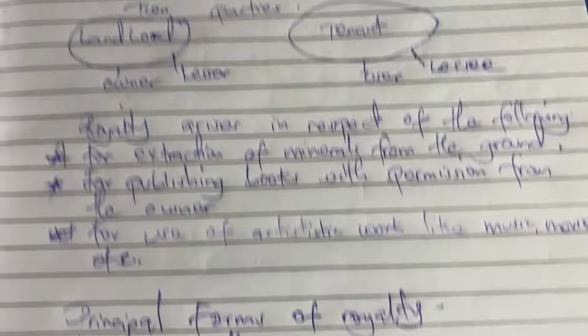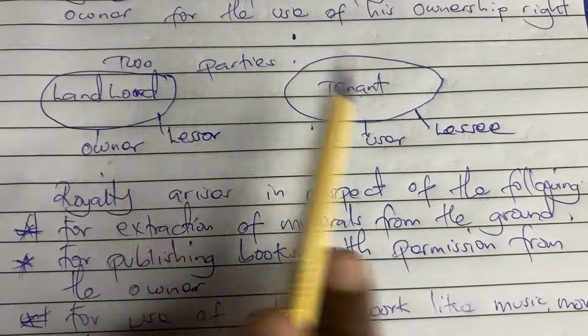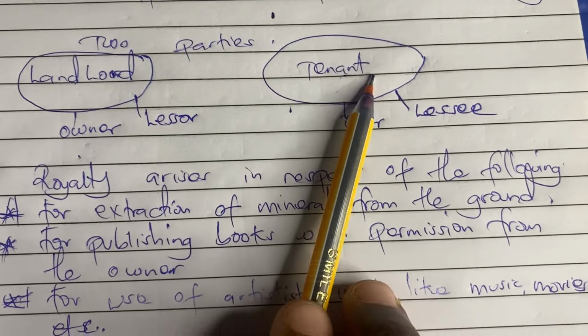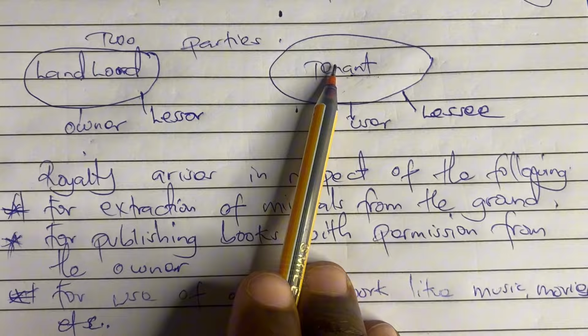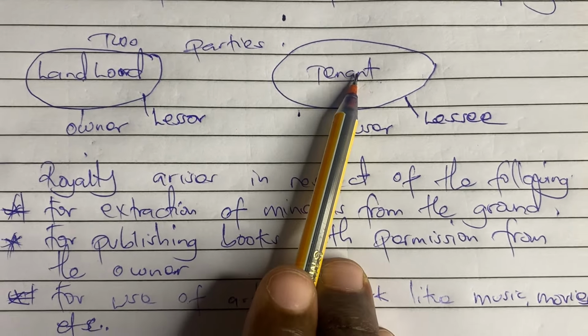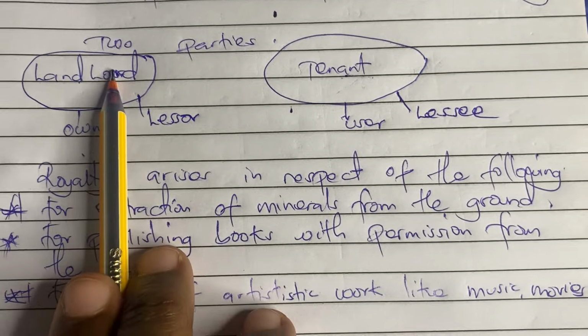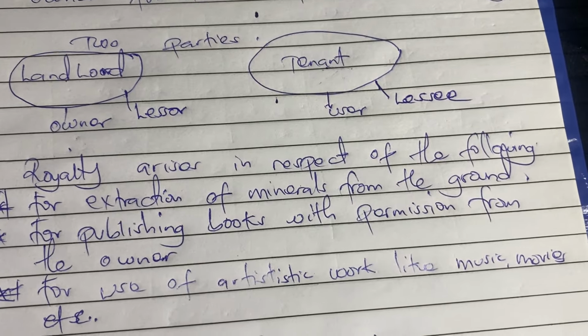So if these two parties make an agreement, like every time you sell my music, you're supposed to give me a certain amount of money, they also come up with what we call minimum rent. This is the amount of money that the tenant must give the landlord in any particular year, even if they don't derive any benefit